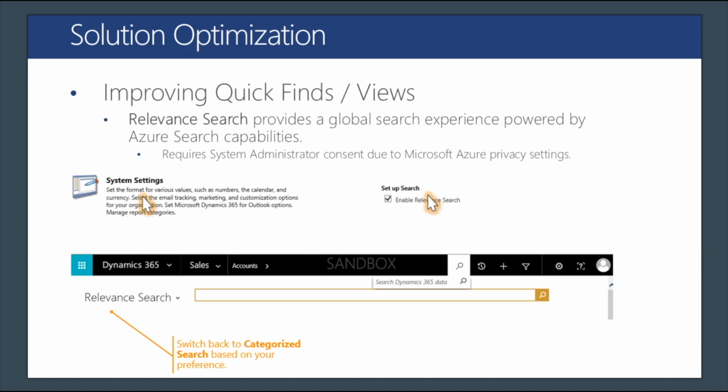So another new feature, the relevant search. This one must also be enabled by a system administrator, and we must accept some legal information, as every time we use the relevant search, we are also using the Azure search index. What this will do is perform the search against the Azure platform and give us the results